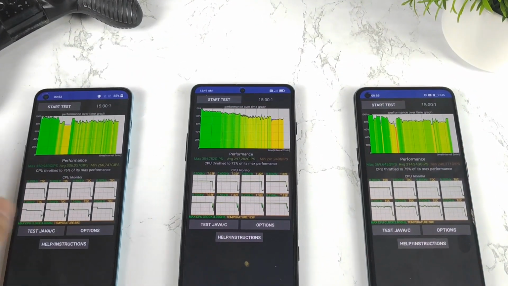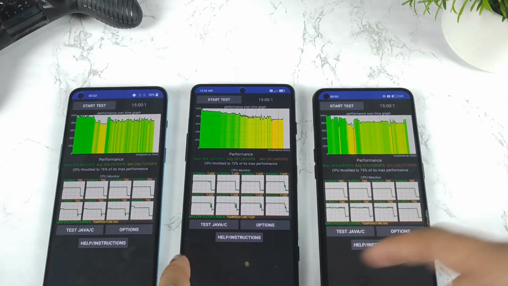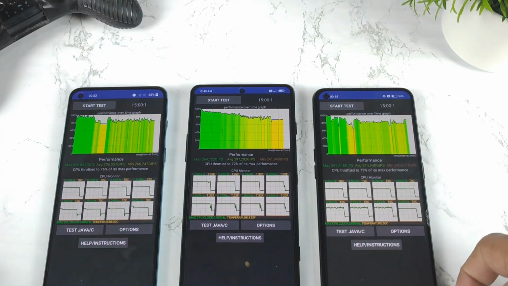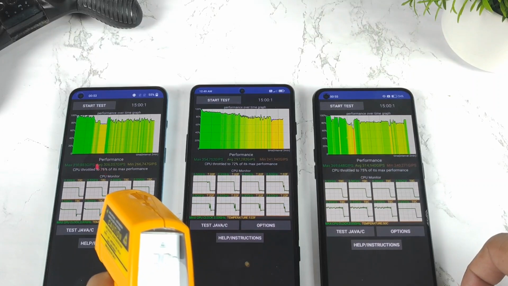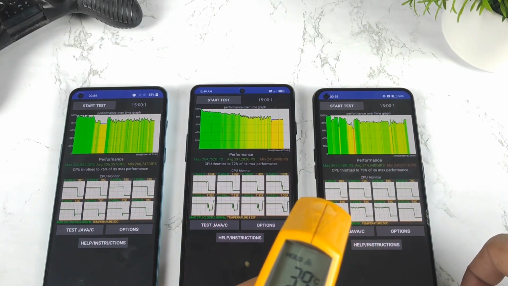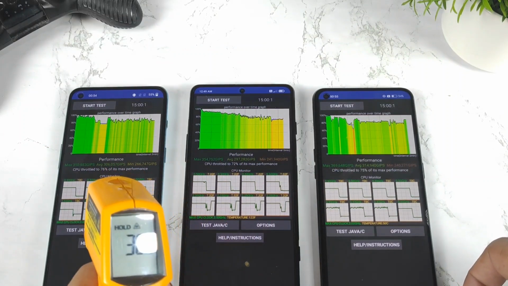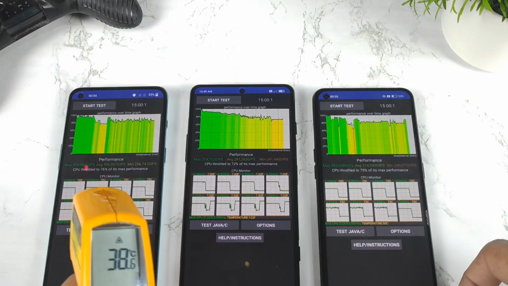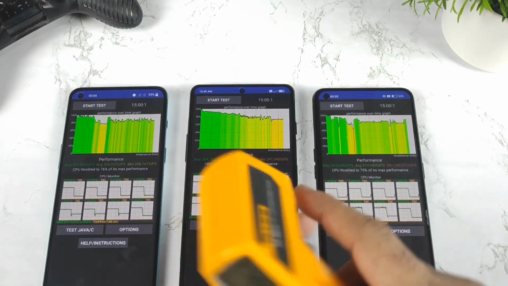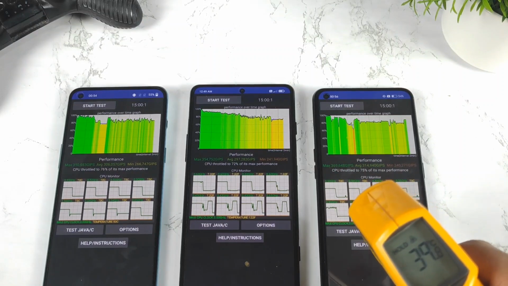Regarding the final scores, these are the final scores which we got. If you want, you can pause this video and take a look at the CPU throttling results. The CPU total is up to 76% on the OnePlus Nord 2, then 72% and 75%. Slightly higher on the OnePlus Nord 2, 76, not bad. But look at the maximum score: 350, 354, and 369 on the Realme X1 Max, the highest score.